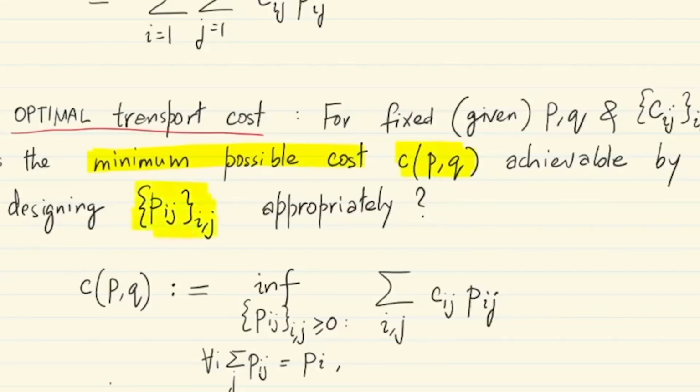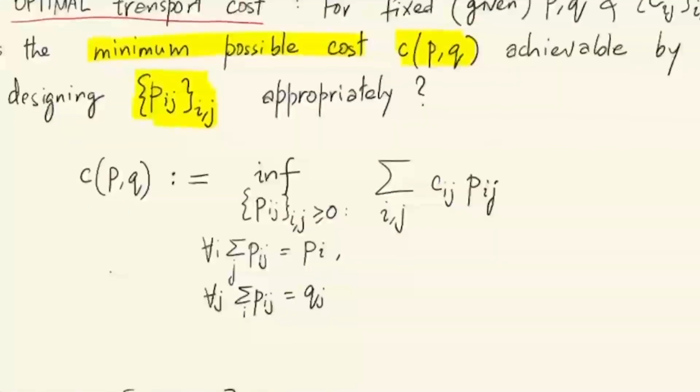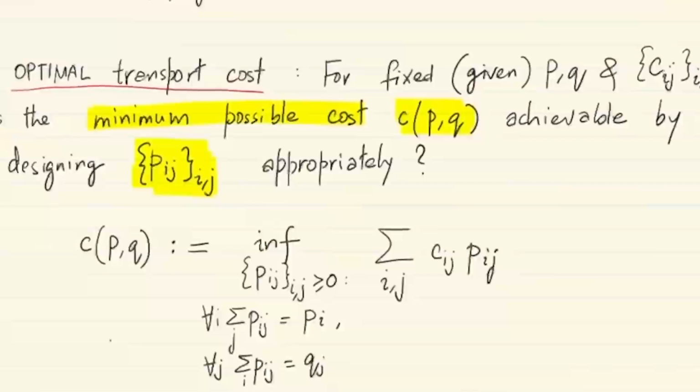So the optimal transportation cost problem is all about how one tries to design the Pijs to actually minimize the total transport cost. This leads one to formulate the following optimization problem, which is defined by this number CPQ. So CPQ is basically the least possible total transportation cost of moving all the material from the i terminals to the j terminals,